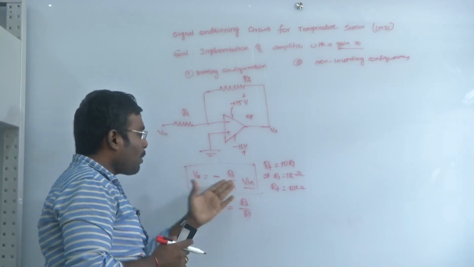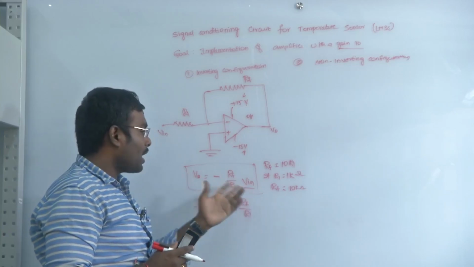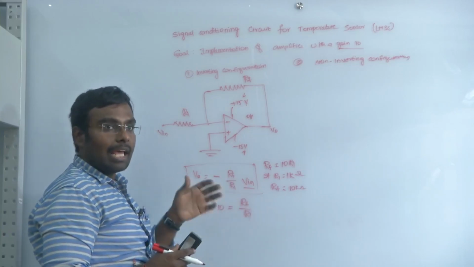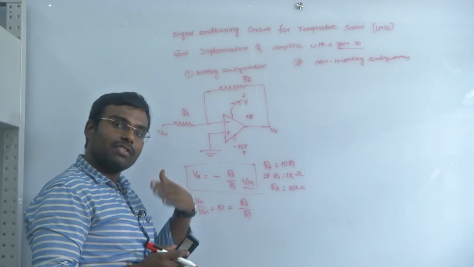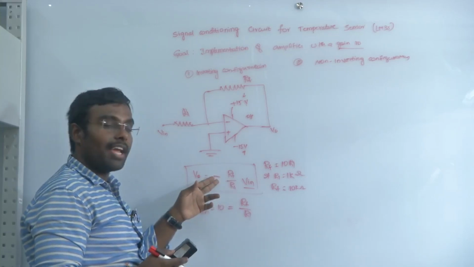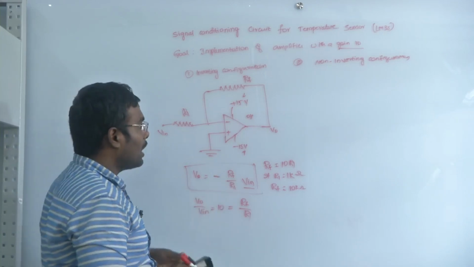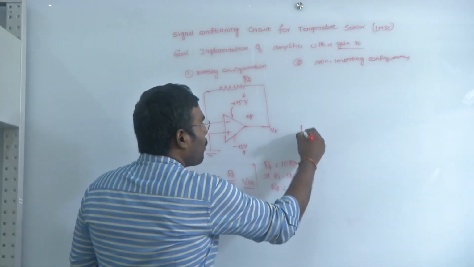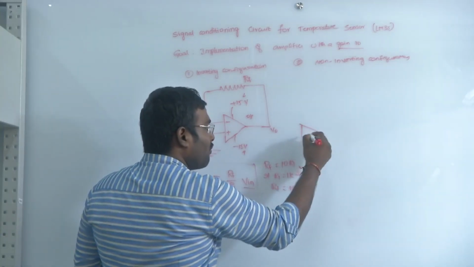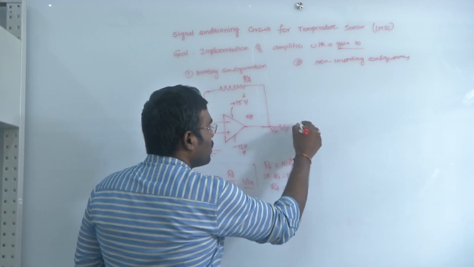So if you provide a positive input voltage, you will get an output as negative. If that is okay, then we can go with it. But in our case, if the next stage has a reference of 0 to 10 volts where it cannot accept the negative signal, then I have to change the phase from negative to positive. So in order to do that, we will take another operational amplifier with a gain of 1, but even in this case we have to go with